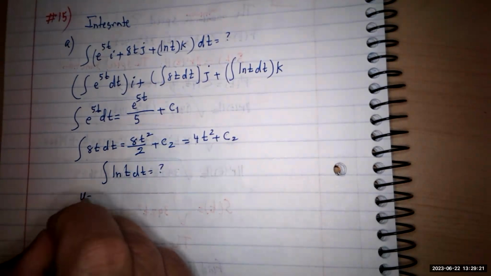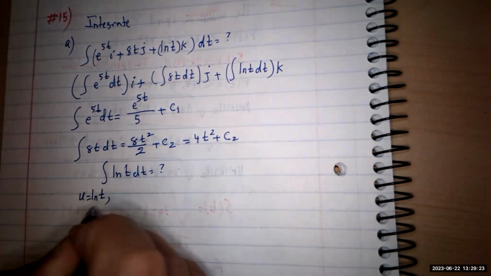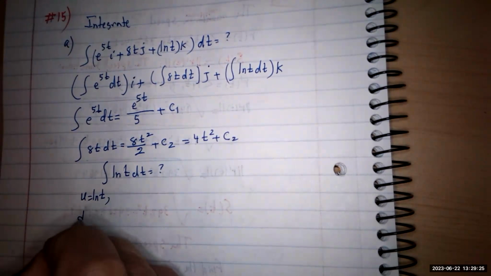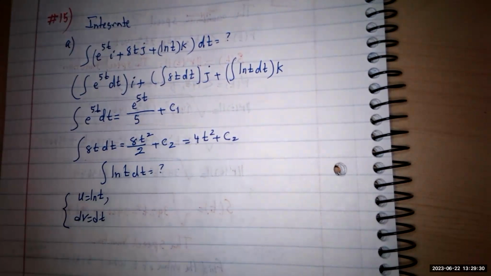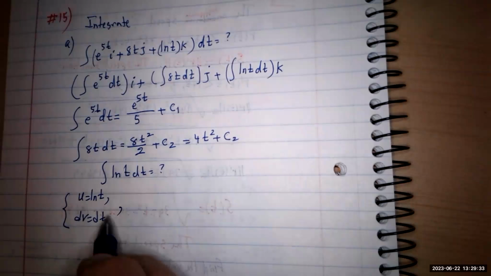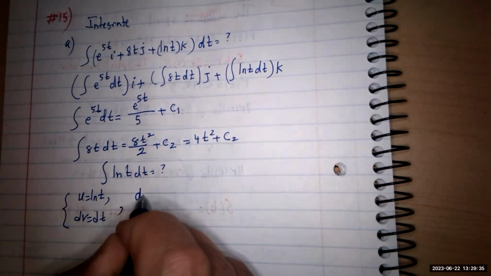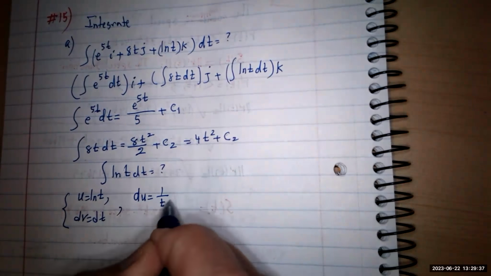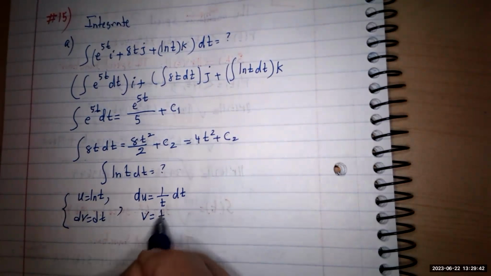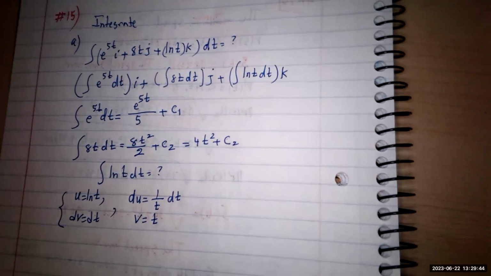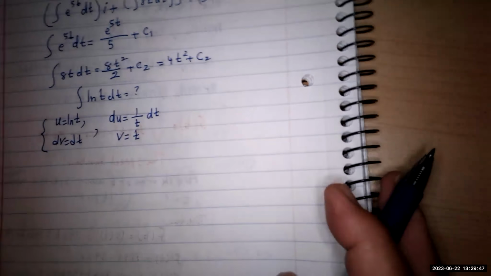We take u to be ln t and dv to be dt. That's the way we do it. So we find the other parts. Differentiate the first one, du would be 1 over t dt. You integrate the second part, v would be t. Just applying the integration by parts method. So the original integral of ln t dt would be uv, t ln t